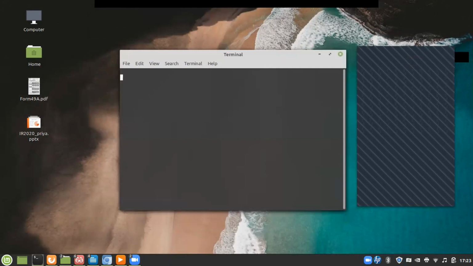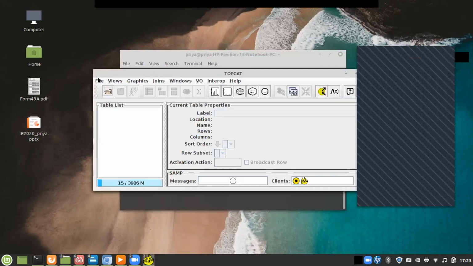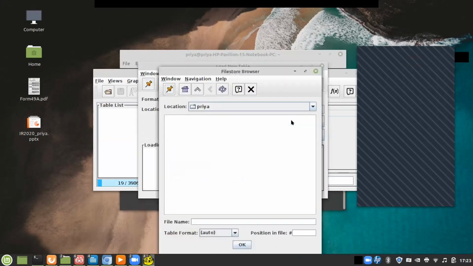So I had shared a file with you all, and that is the basic file which you have to use to get your isochrones. You can see my desktop now? Yes, you all can see my clean and nice desktop. Very good. So now this is TopCat, and I'm going to load the table.